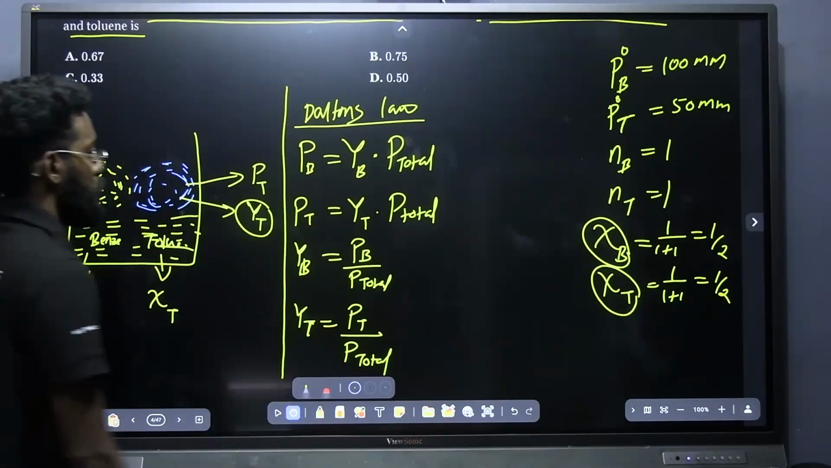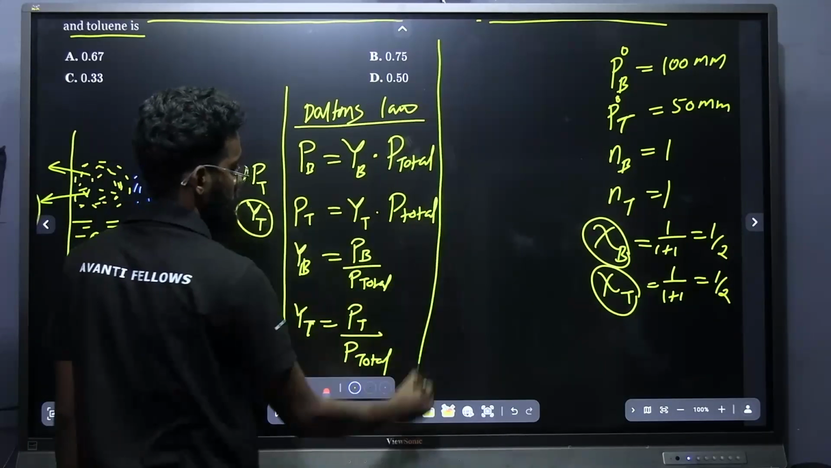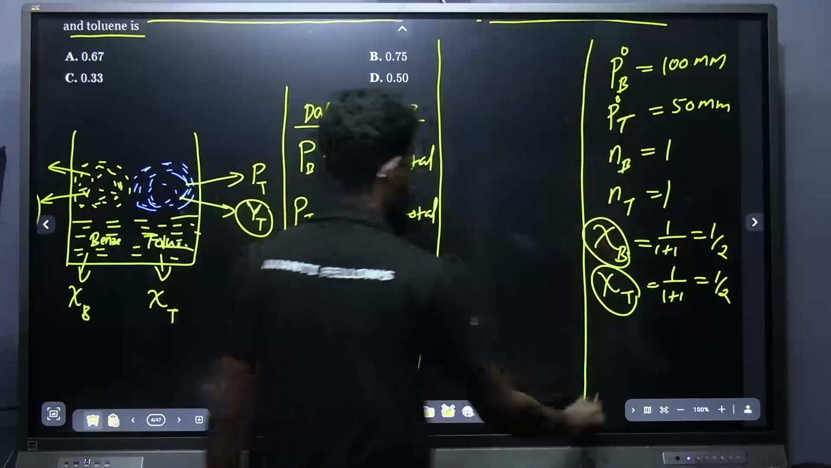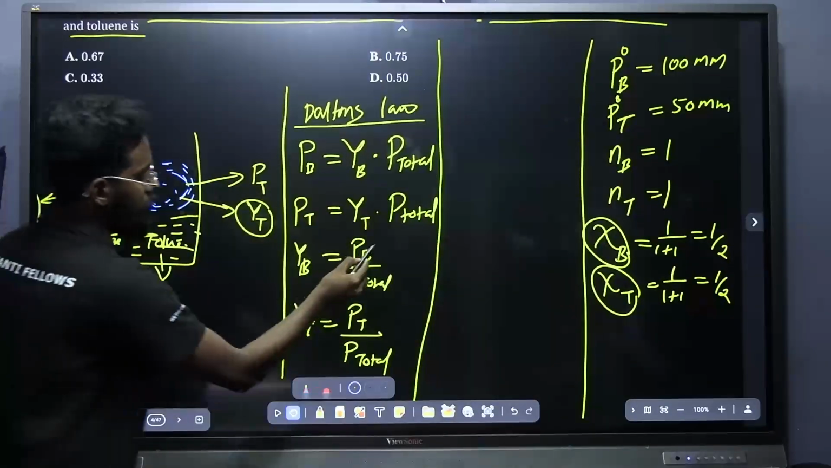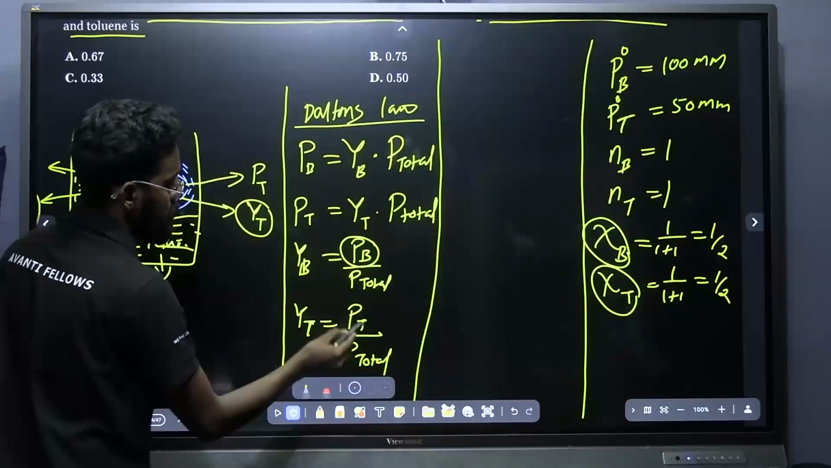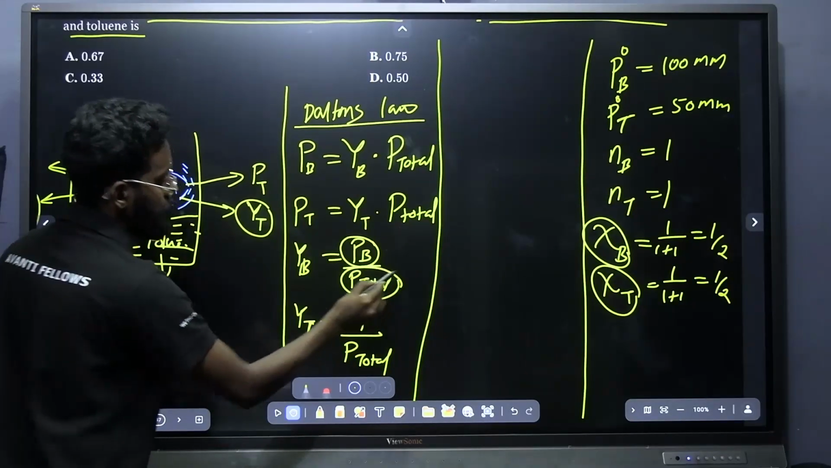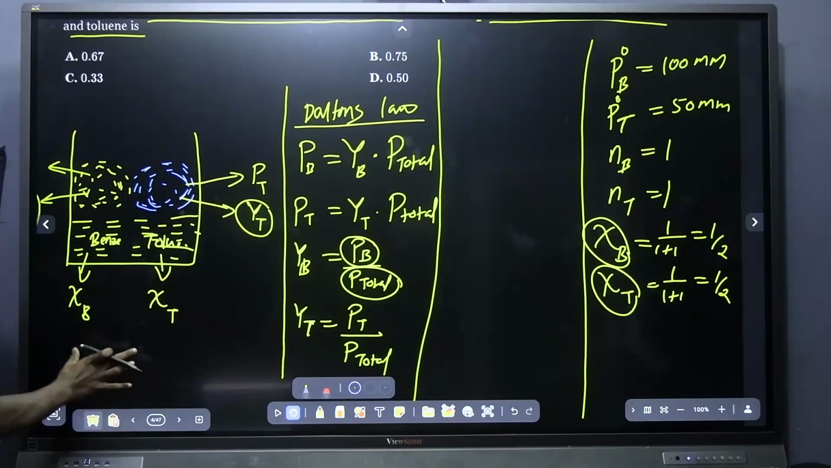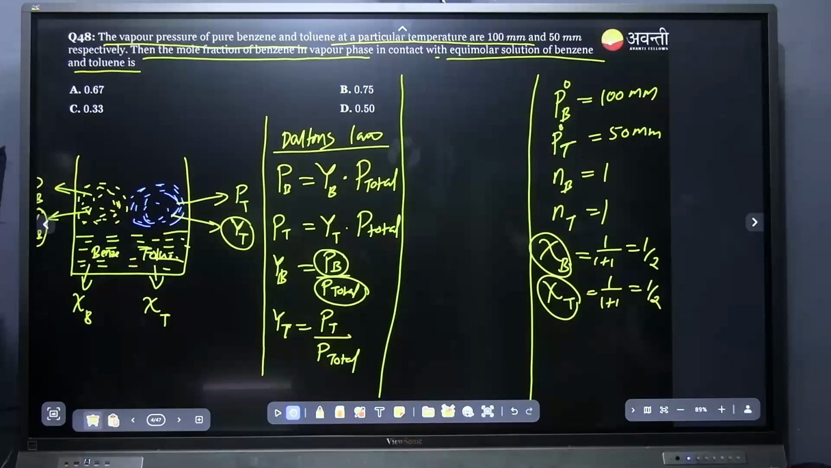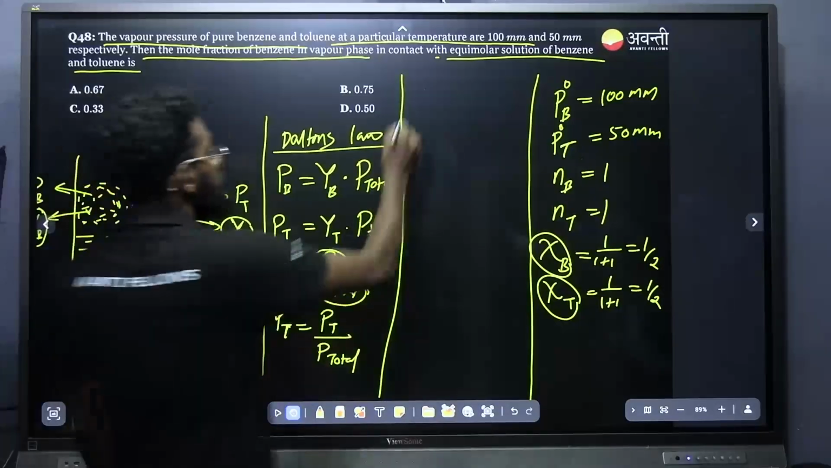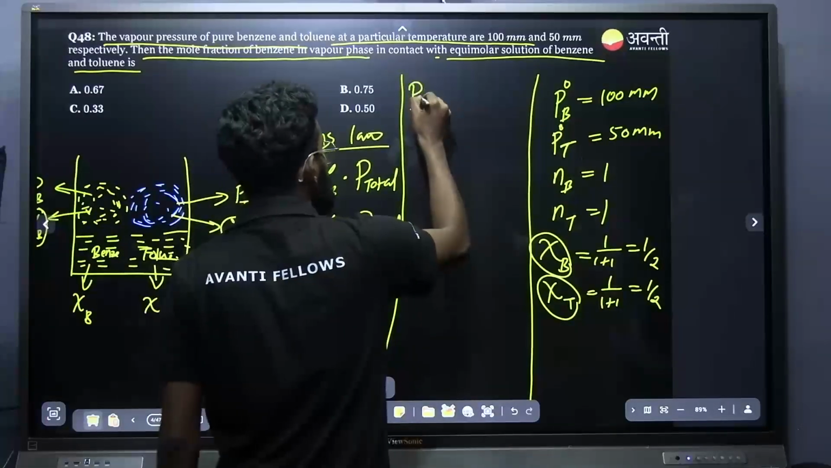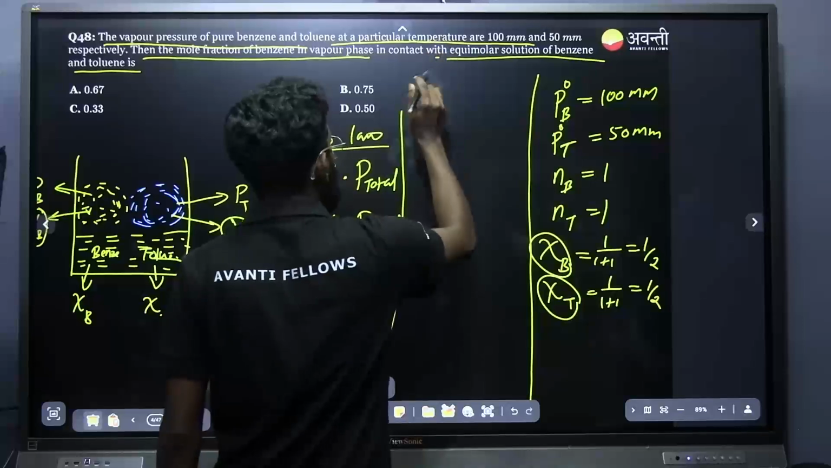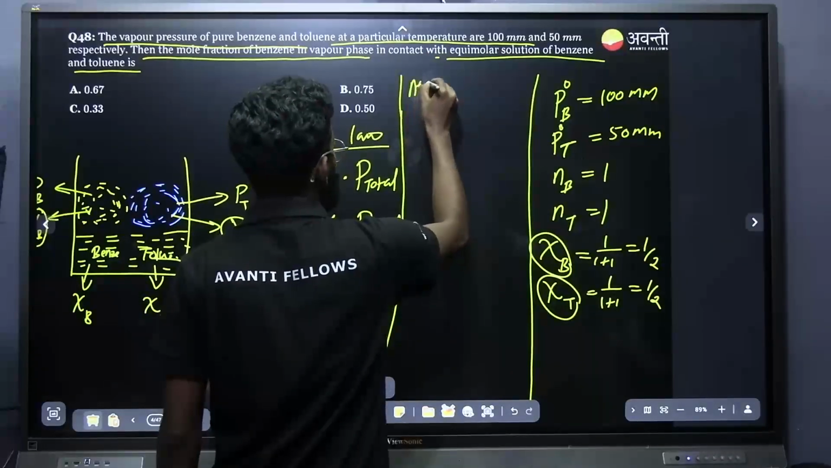Now what do you have to find out? What are the things that you should calculate from here? You should find out Pb and P total. How can you find out Pb and P total? Students, how can you find out Pb and P total? There you can use Raoult's law. Yes, very good. According to Raoult's law,